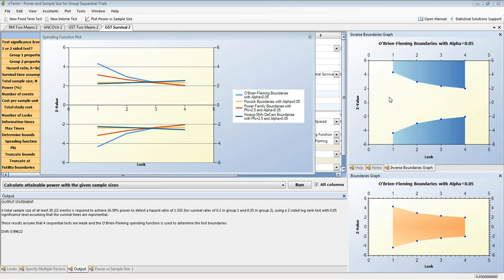It's essentially the exact same graph. Sorry, Matt. At the bottom here, the shaded region is the stopping region, the region that you want to move into favorably for your hypothesis. The trial will continue in the white, unshaded region. There's no difference between these two graphs. It's just a different way of representing the same data, which is taken from the looks table.